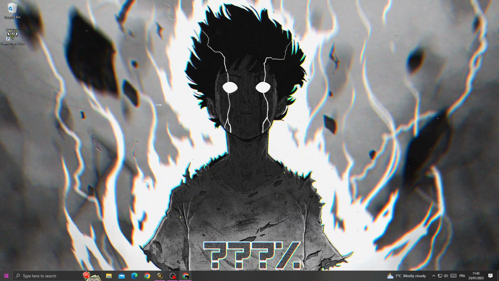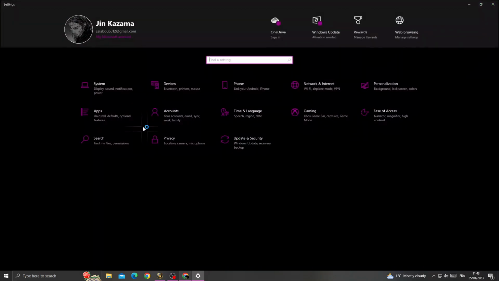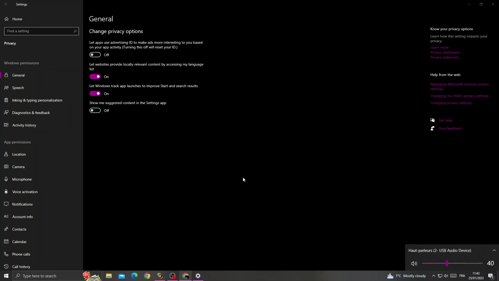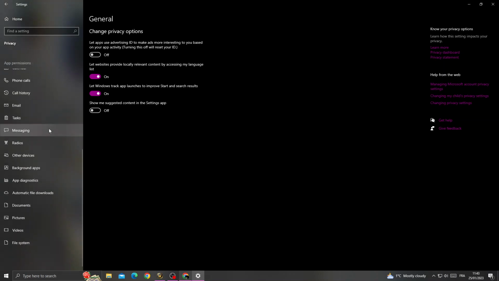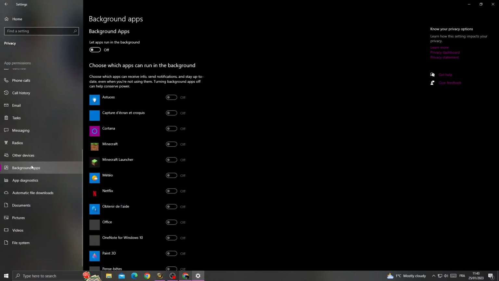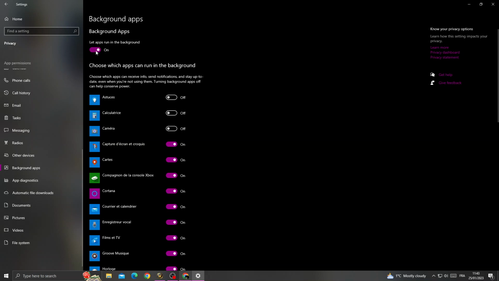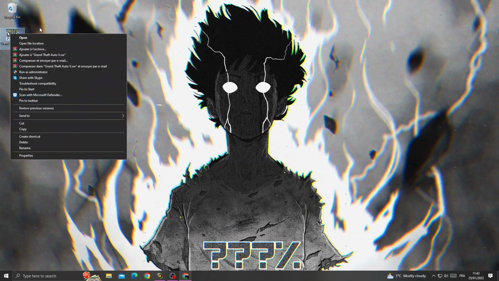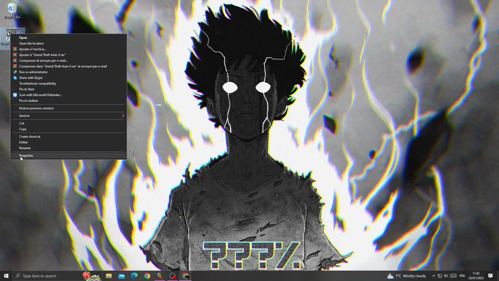First open the settings and then go to privacy, and now scroll down until you find here background apps. Now just turn it off, turn this one off, and then right click on GTA 5, and now go to properties,